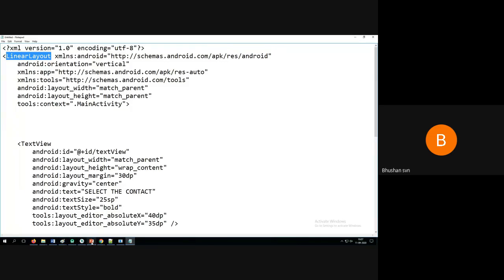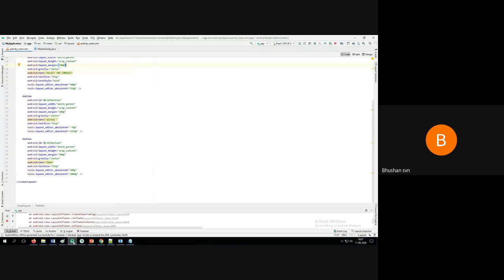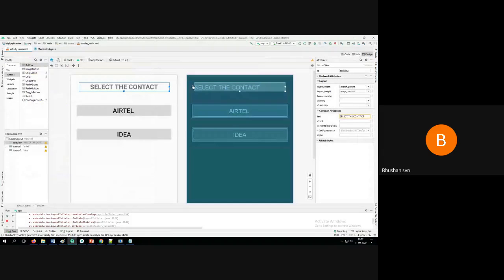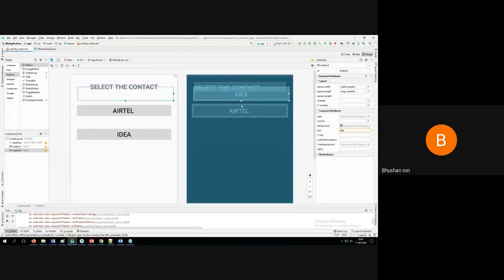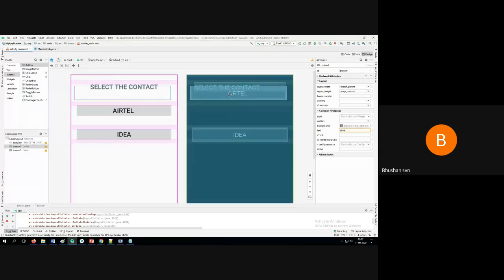In my interface, on top of the select contact button, Airtel will come, and on top of the Airtel button, Idea will come. So it will be something like this, where you cannot find out how it is being displayed. This is not very clear.